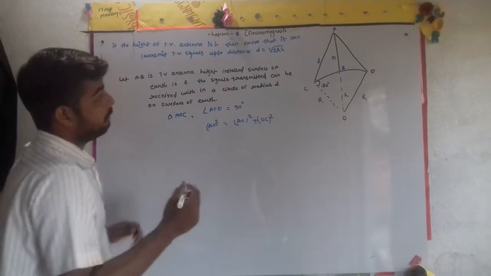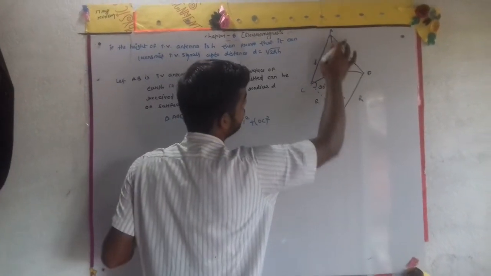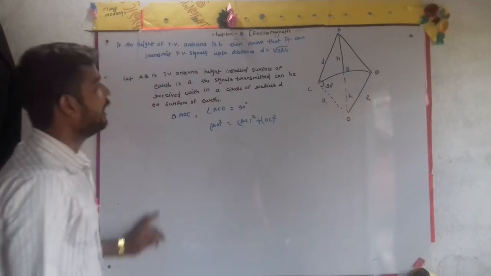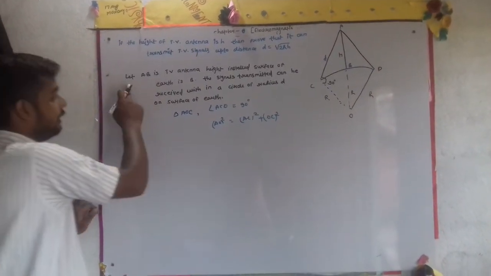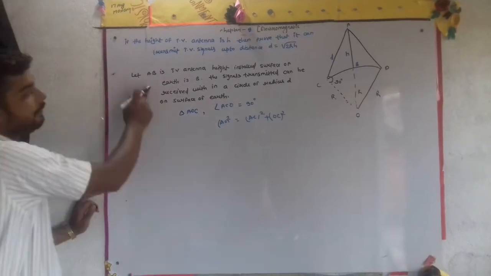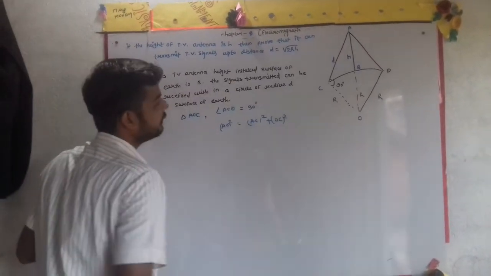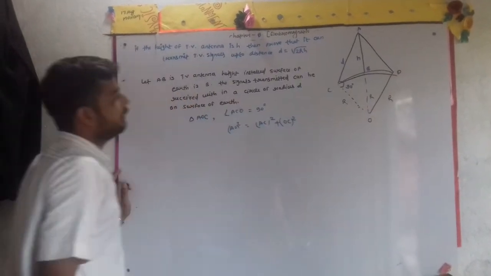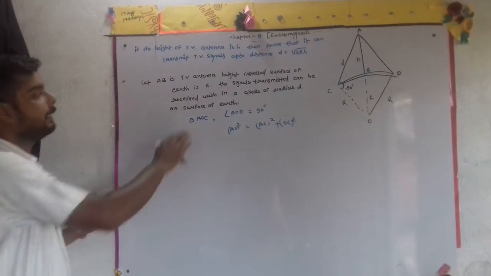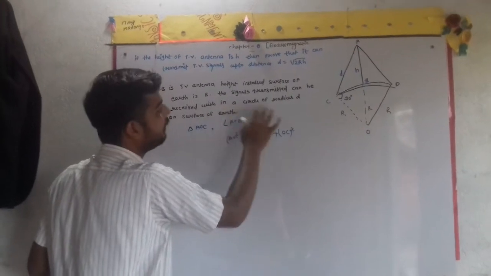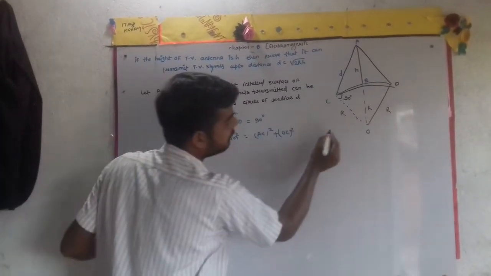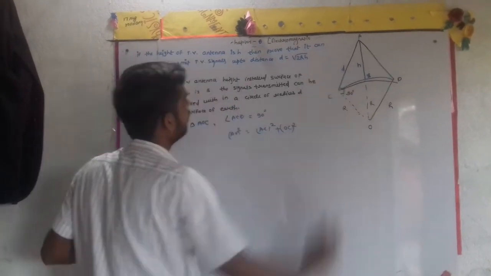So we'll make a diagram where AB is an antenna whose height is h, installed on the surface. The radius of the earth is R. Then we can receive the signals within a circle of radius d on the surface of the earth. This we can see is the radius.